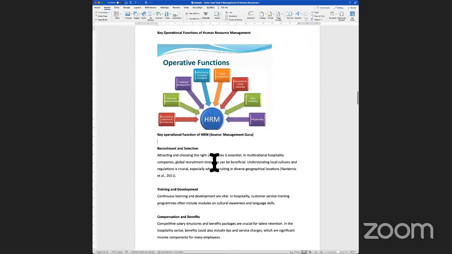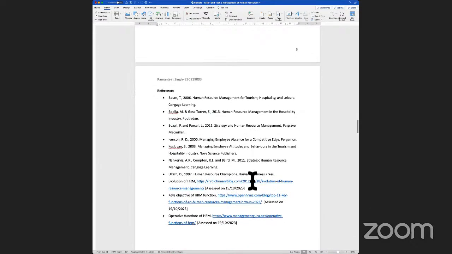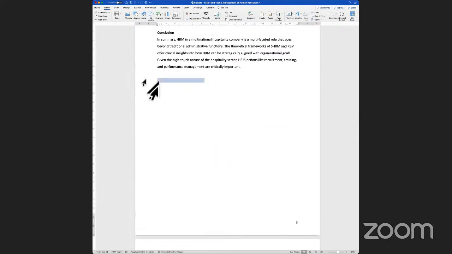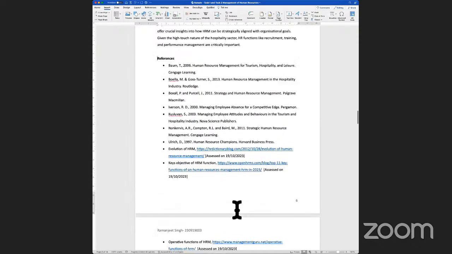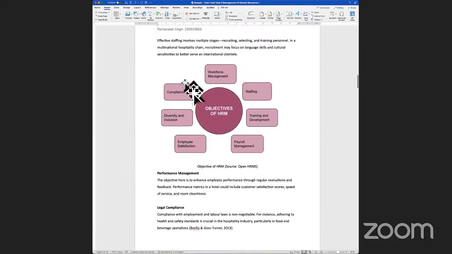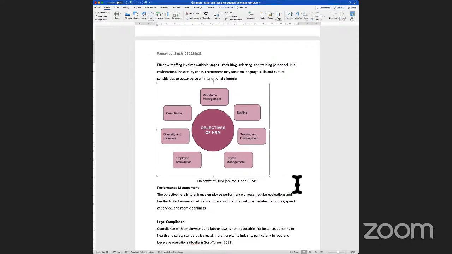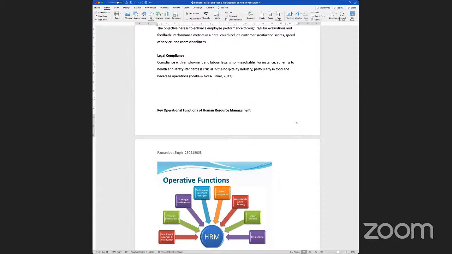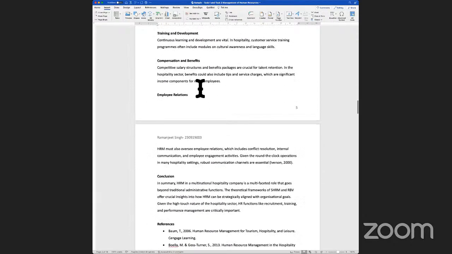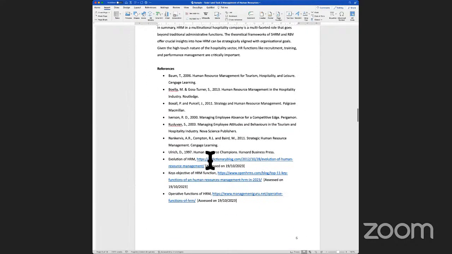And then towards the end, you would also draw up a conclusion, and that conclusion would summarize your understanding in terms of completing these tasks, and then finally do the referencing at the end, and that would basically complete task one in a great amount of detail. So this is how I would suggest that you go about writing the tasks in the assignment, which is primarily for task one, and there are 3 assessment criteria. As long as you're able to do this in paragraphs, don't use bullet points,